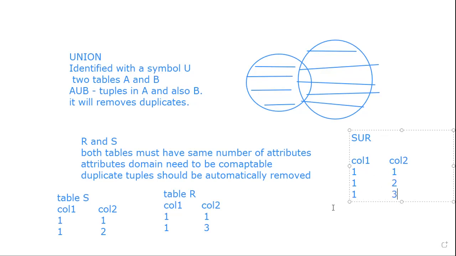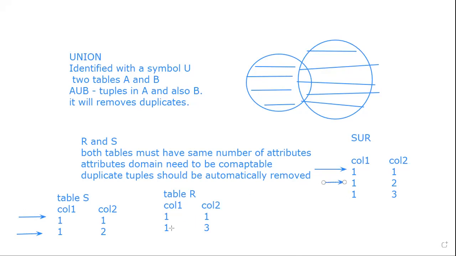This is the A union B. Here it means S union R. How can you say that, sir? Take the first row. First you have to take the first table's tuples. I have taken the first two tuples, 1, 1 and 1, 2. I have taken both the tuples, so both the tuples have come here. Next, go to the second table.